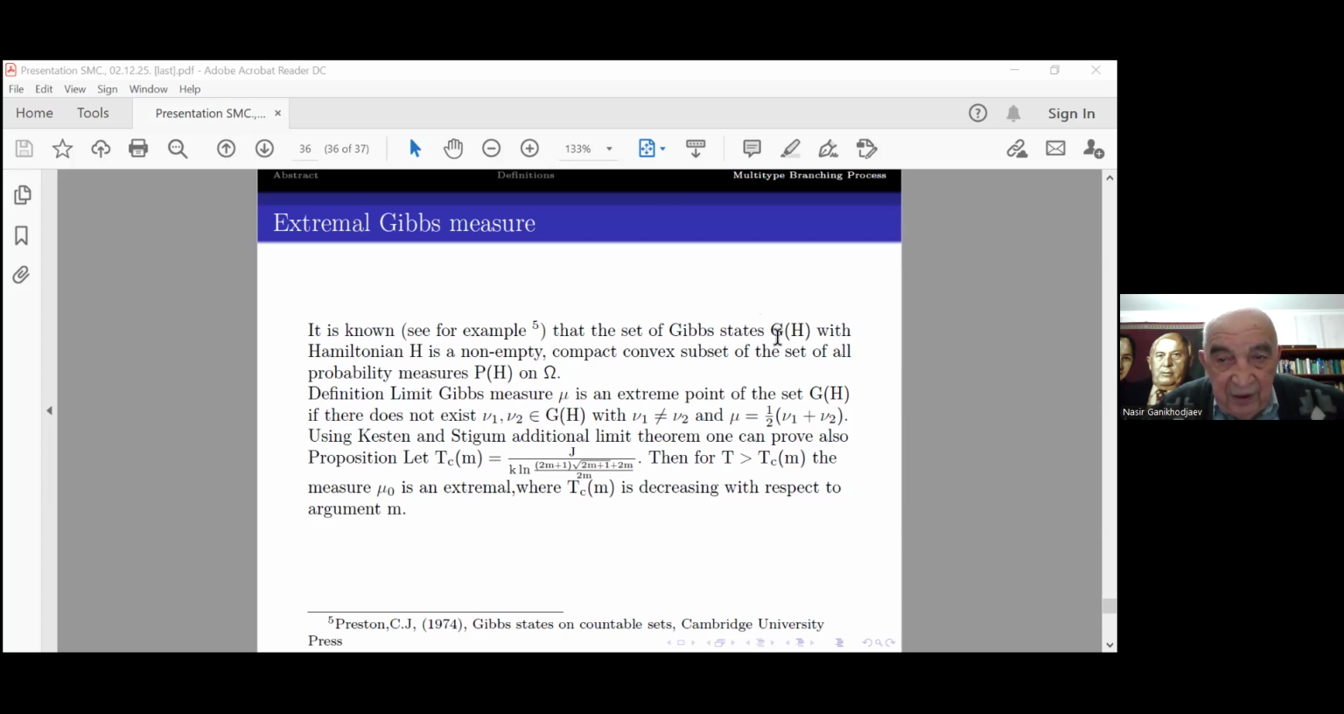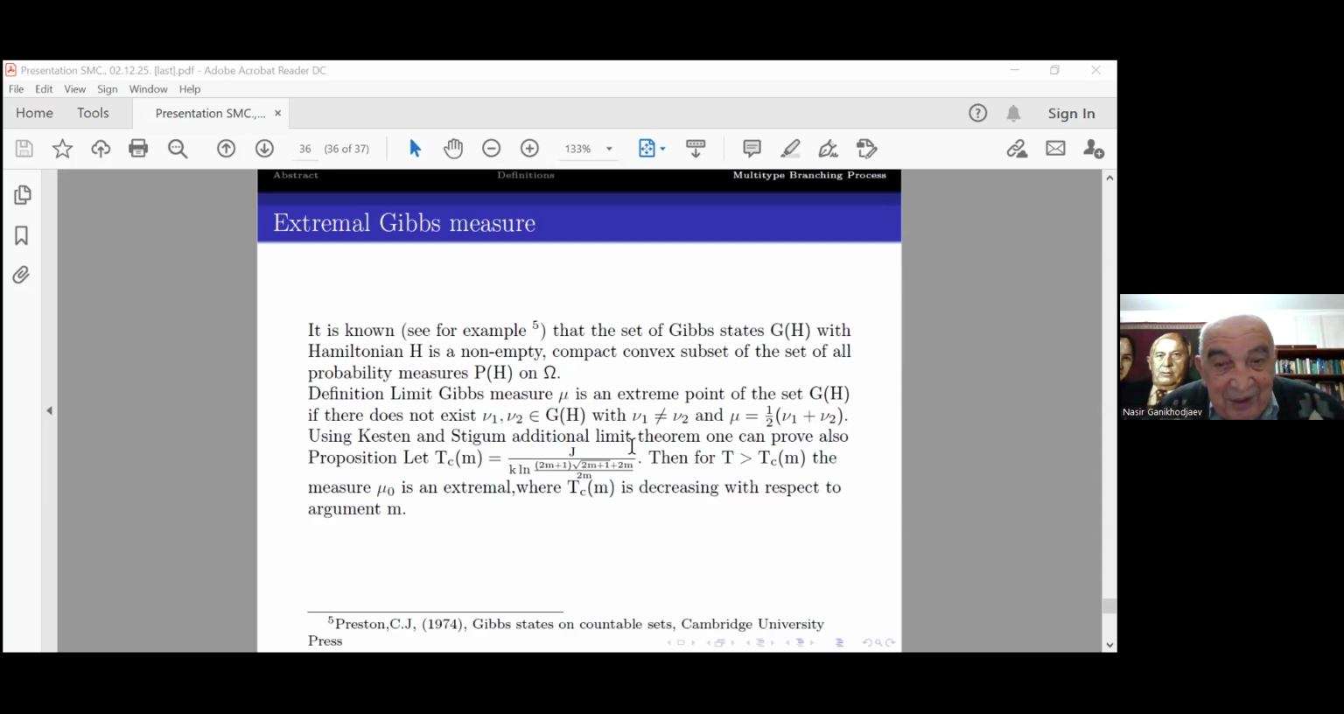So G_H is the Gibbs measures, P_H all probability measures, and G_H is a non-empty, compact, convex subset. A limit Gibbs measure is an extreme point of the set if there do not exist two different Gibbs measures for which mu is the average of mu1 and mu2. Then